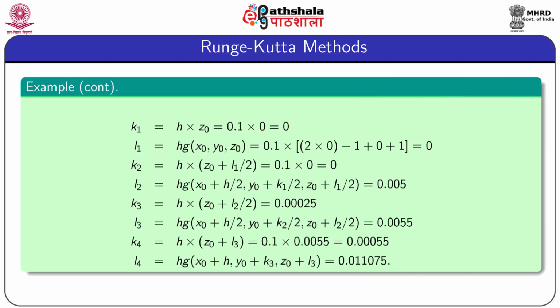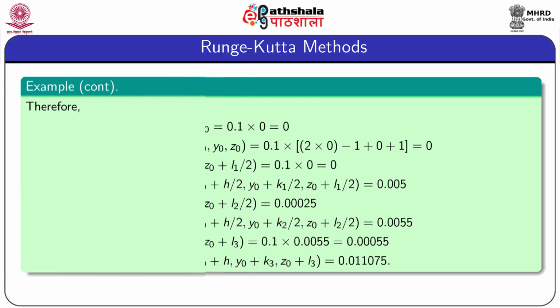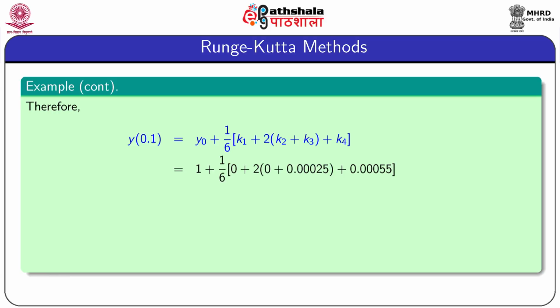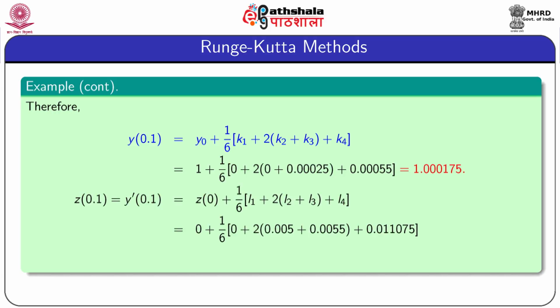So we calculate the values of k1, L1, k2, L2, k3, L3, k4 and L4. With these values we have y at 0.1 equal to y0 plus 1/6 into (k1 + 2k2 + k3 + k4), and after simplification the value of y at 0.1 equals 1.000175. The value of z at 0.1, which is nothing but the first derivative of y at 0.1, is equal to z0 plus 1/6 into (L1 + 2L2 + L3 + L4), and it is equal to